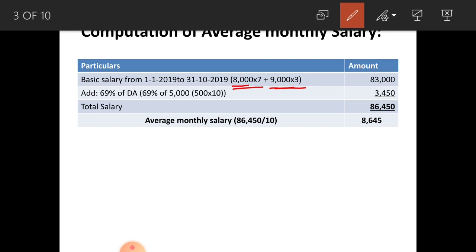69% of that amounts to rupees 3,450. So his total salary is 86,450. You have to get the average monthly salary, that is why you have to divide it by 10, because you are calculating for 10 months. So his monthly average salary amounts to rupees